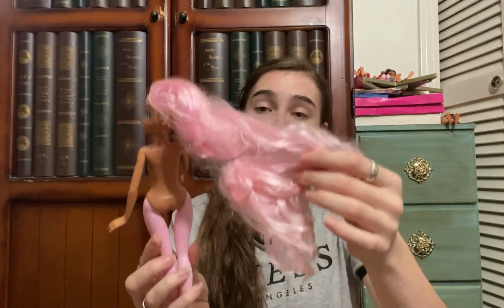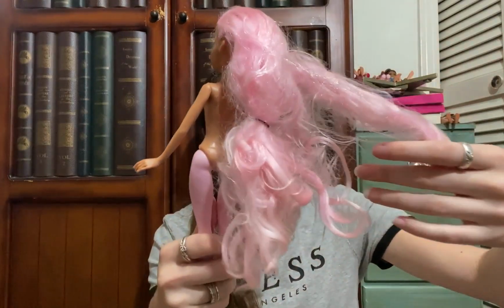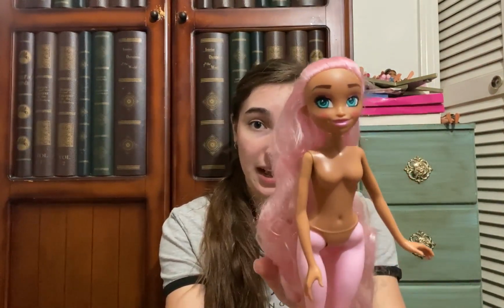Her hair is not as bad as the other two that I got. The other two were absolutely atrocious, but it's still not the best. It's kind of one solid mass, but it doesn't look to be as bad as before. And she doesn't have her dress or anything, but I still think she's pretty, and I am very happy to